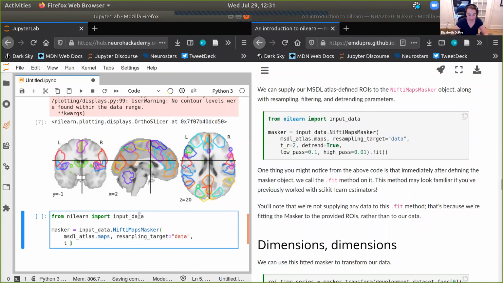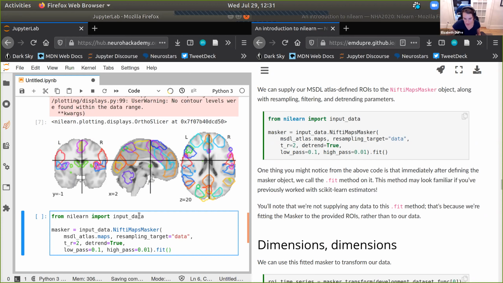I'm going to pass the TR that we know from the data documentation, because that's going to be really useful for my low pass and high pass. I'm going to ask that we detrend the signal, and then I'm going to give a low pass filter and a high pass filter. I'm going to call this .fit.